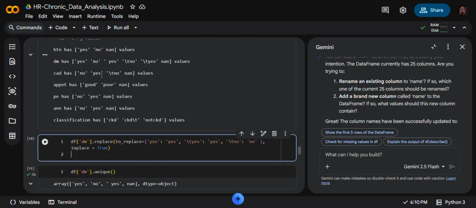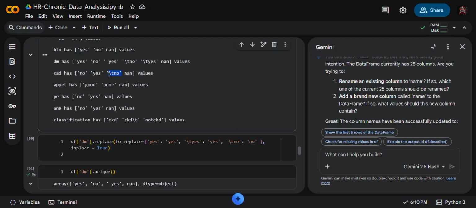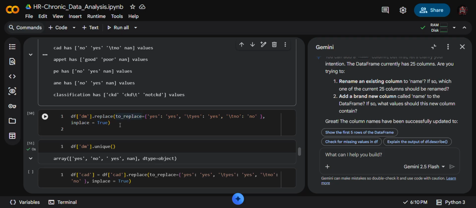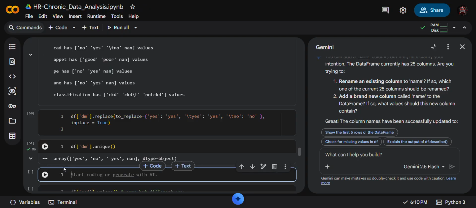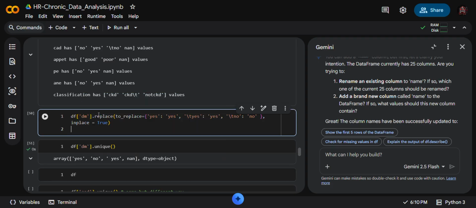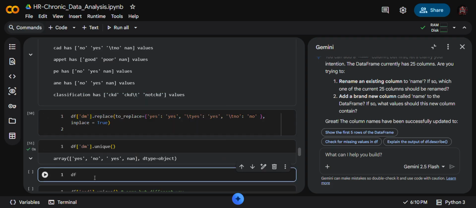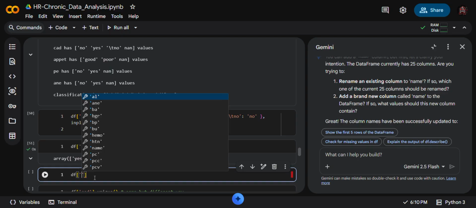Cad has no, yes, and t no. Okay, this is a t no, and I don't want to put t no here because I want only no. So let's see how I manage to remove t no. You can simply look here. I'll put the same but not, copy paste.